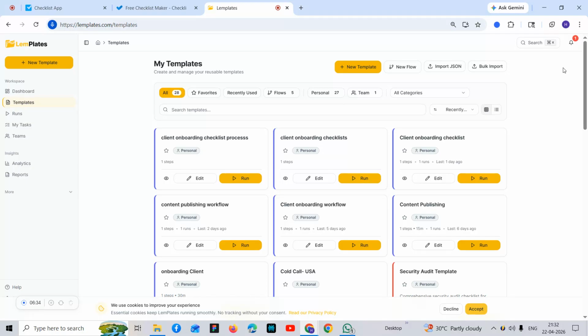Final takeaway. So here is the simple takeaway. Use checklist.com when you need strict execution, nothing can be missed, and the process must be identical every time. But use templates when your process changes, you need clarity over rigidity, and your team needs guidance, not just checkboxes. So, if your goal is strict compliance, a checklist tool works well, but for real-world SOPs that evolve with your team, templates gives you more flexibility.